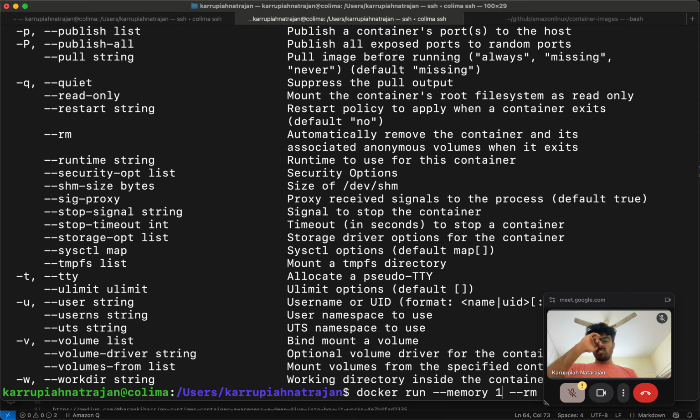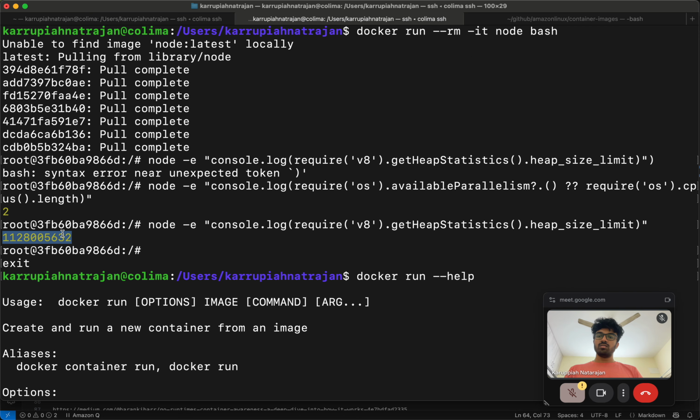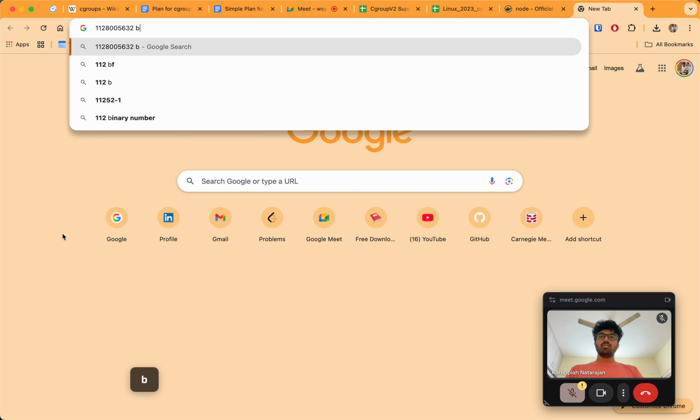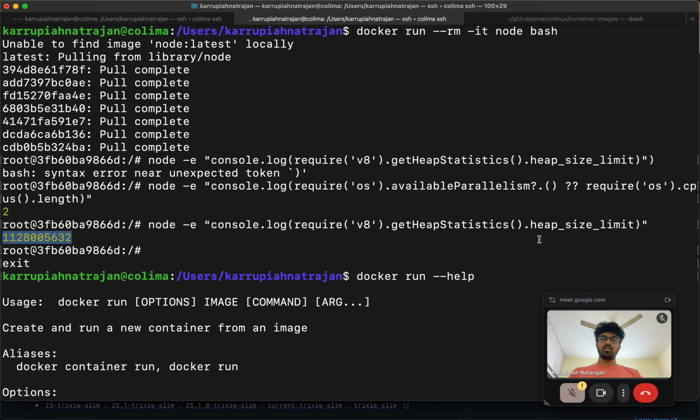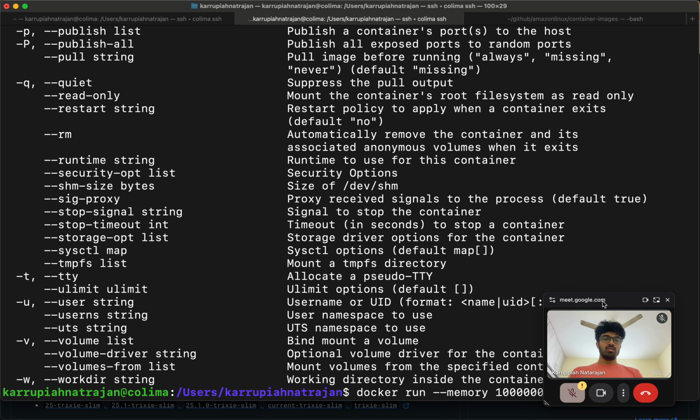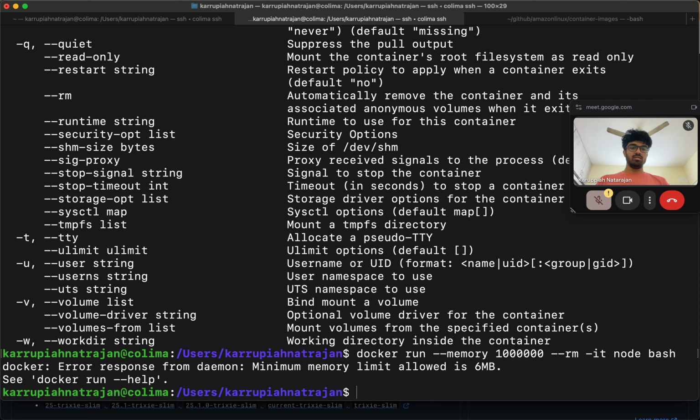Let me say 1 MB, so 1000 bytes is 1 KB. 1000 plus 1000. This one was bytes. It's 1 GB. Let me try that out.